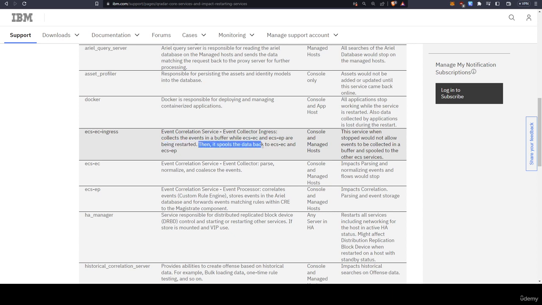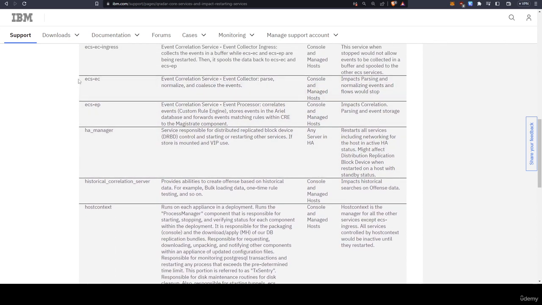Then it spools the data back to ECS-EC and ECS-EP. So this is like the buffer for when the collection services are stopped. It's going to bucket everything in the service, and when the main services are back up, it's going to send the bucket to them as well. So this runs on both the console and the managed hosts. And when the service is stopped, it would not allow events to be collected in a buffer and spooled to the other ECS services, right?